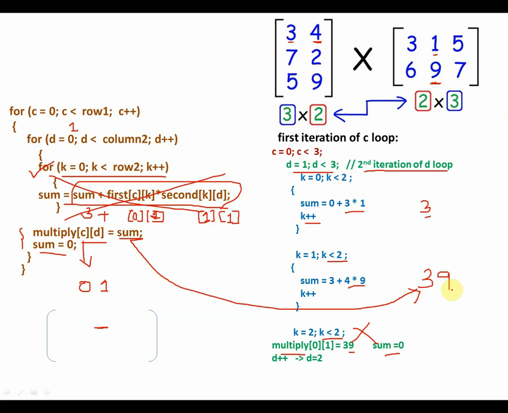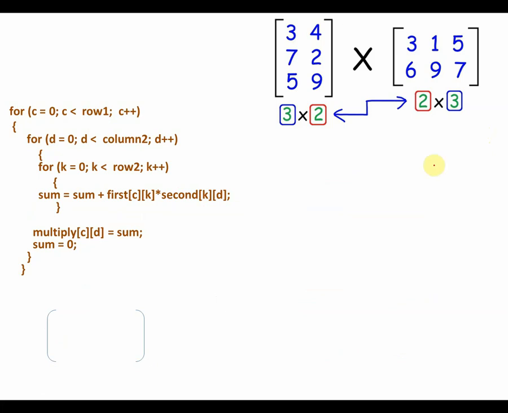D is incremented to 2 now, because you are exiting out from the D for loop and going back over here. So D will be no more 1, now D will be 2. So you will do all these things back again with D as 2. Let's go ahead and see. These are the two values you would get. 39 is what we got right now, and 33 was the previous value we got. So far we have got two elements after matrix multiplication. Let's go ahead with the next thing.